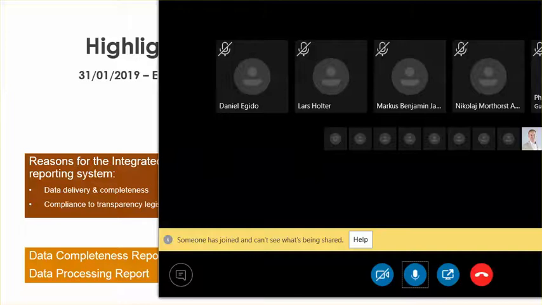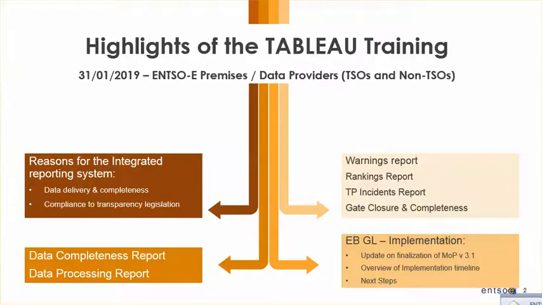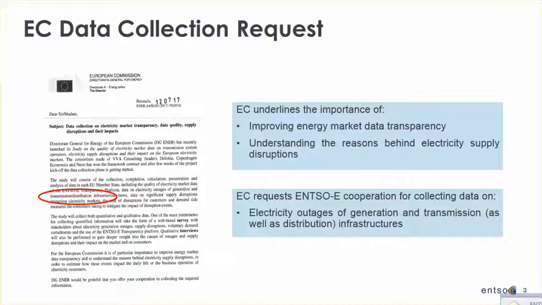So just going on to the next slide. This is just to show that the interest that we got from the European Commission was mainly because the European Commission was underlining the importance of improving the energy market data transparency and understanding the reasons behind electricity supply disruptions. So the EC requested ENTSO-E cooperation for collecting data on electricity outages of generation and transmission, as well as distribution infrastructures. Therefore, we decided to, if you could step on to the next slide, we decided to